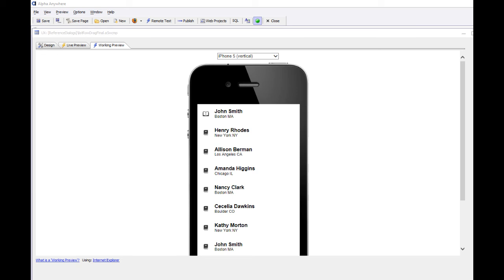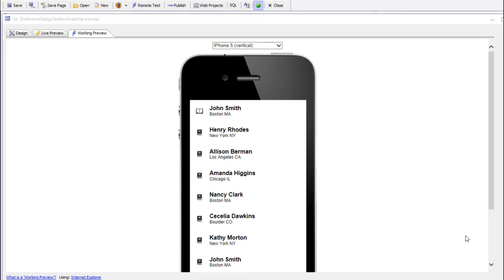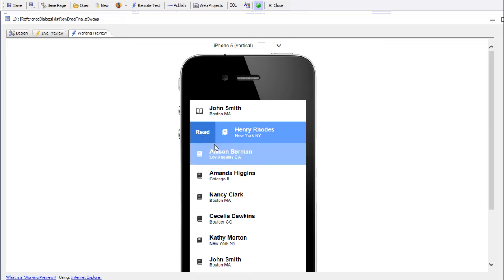A common pattern when you build mobile applications is to support drag actions on rows in a list control. So you can see here we have a UX component with a list control, and if I drag to the right, you can see that an action button is revealed, and if I stop dragging, then the button remains there until I click on it, and when I click on it, then the row is going to be changed